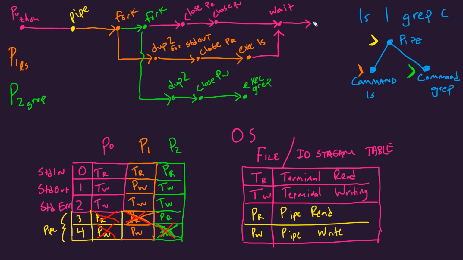But we also need to wait again. So we're going to need to wait the same number of times as there are children processes which we spin up. If we want to do this in a blocking way, which we are, we would want to wait again. And then our program would continue on and ask the user for another command after we've completed all of these things. So this is the strategy that we're going to follow for setting up a pipe, spinning up a child process for the write end of the pipe, spinning up a child process for the read end of the pipe, and then waiting on both of those processes to complete